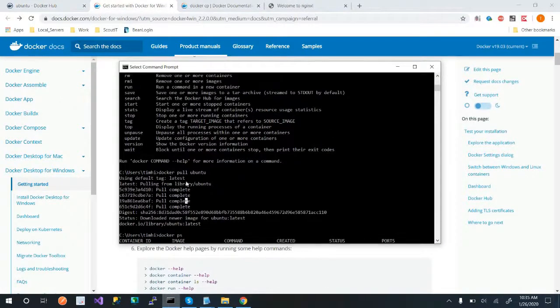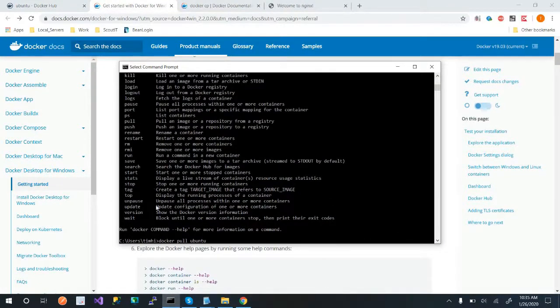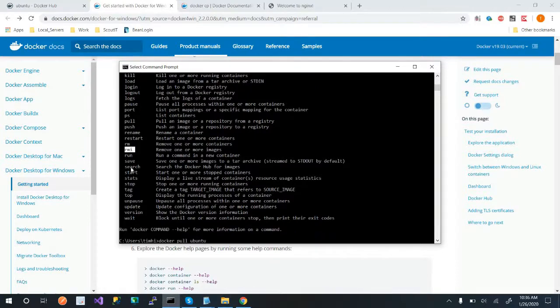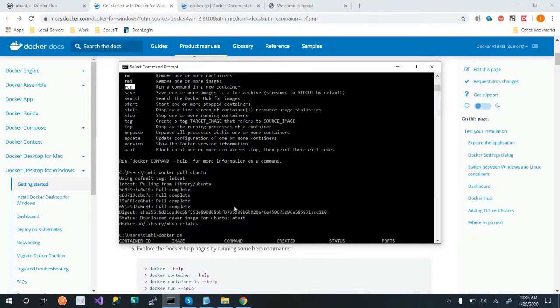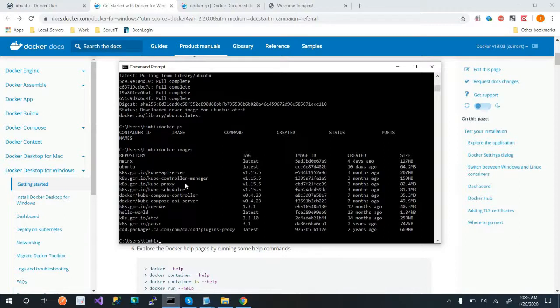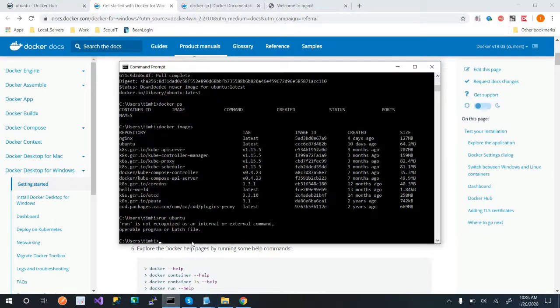No, go back to here. And I know I'm bouncing around because I don't want you to pay attention to what I'm doing. Ironically, I want you to do it from here. Okay. Remove. This removes a container. This removes an image. And if you have any questions, here's the run. That's how I'm going to run a container. So we download the container. Let's see. What is the Docker images? Will give me a list of my images. Okay, so we say run, and I should just be able to do this. Oh, misspell it.